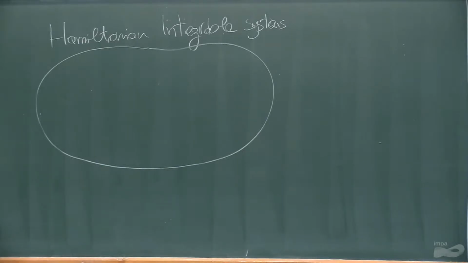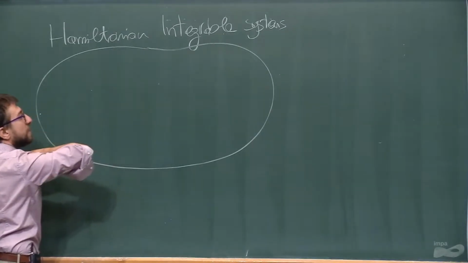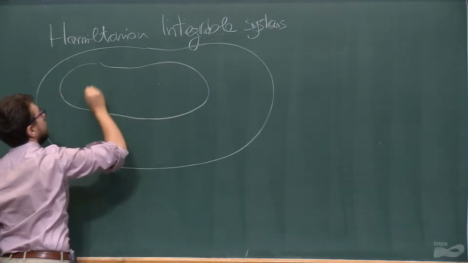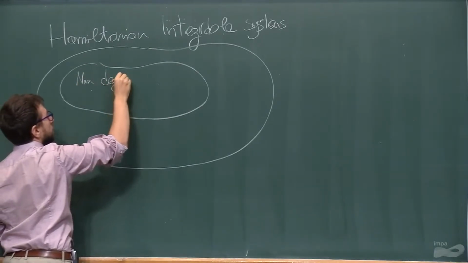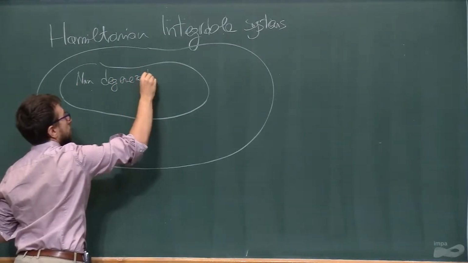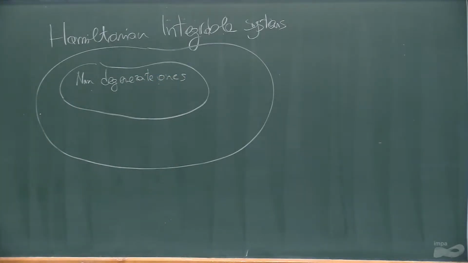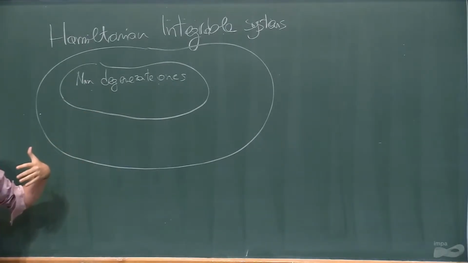And usually what one does is to look at integrable systems which are non-degenerate. So here inside we have the non-degenerate ones, meaning that the rotation number map is a non-degenerate map, so we'll induce locally some kind of